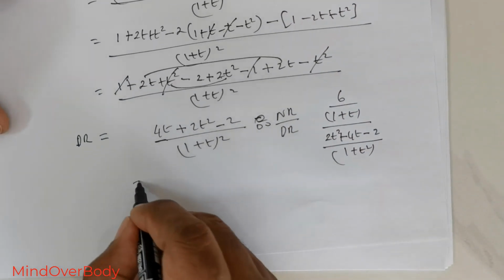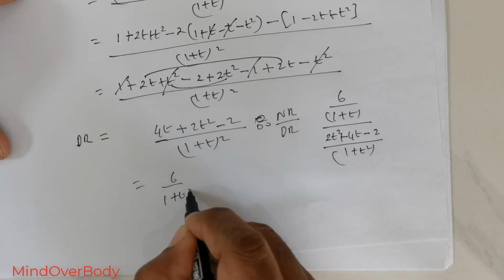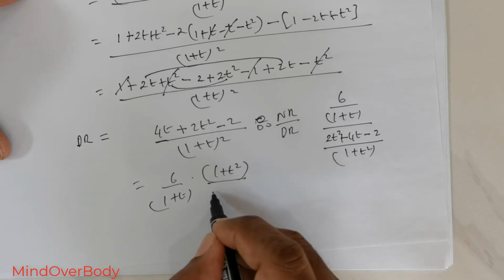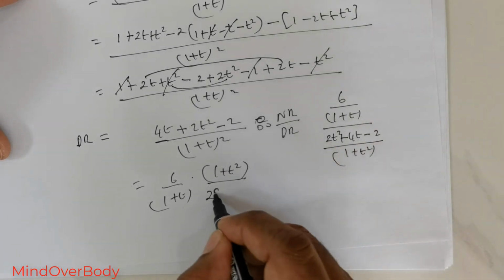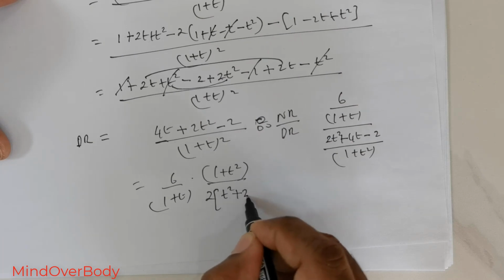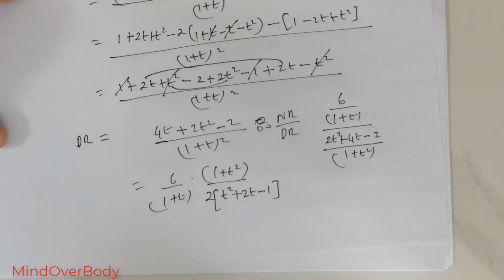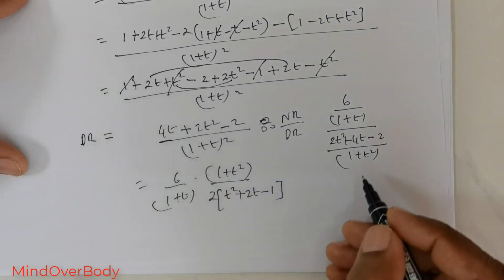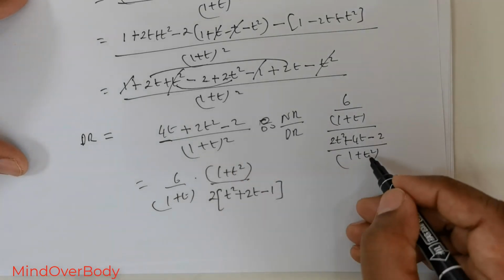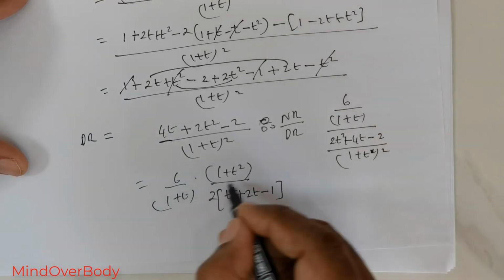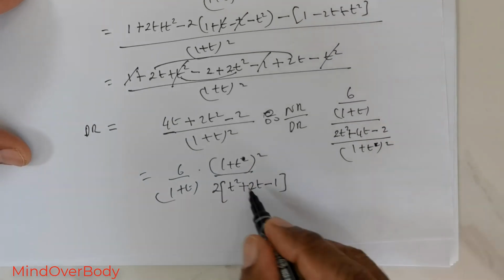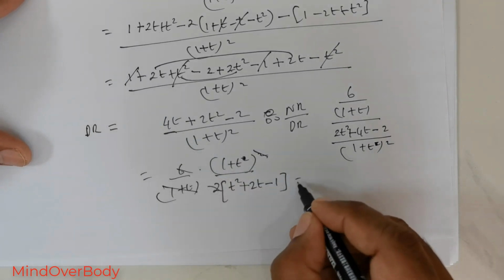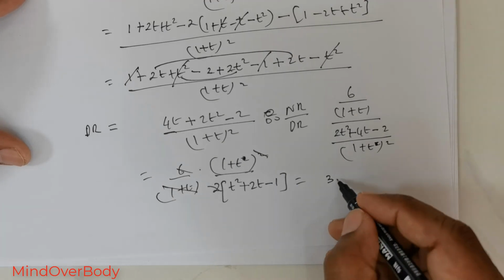Flip this, you get 6 over 1 + t times (1 + t)² divided by, I'm going to take 2 out, so that's going to be t² + 2t − 1. This is what I get. So this is actually (1 + t)² and 2 and 1 + t gets cancelled, 2 divides here 3 times, so I get 3 times (1 + t) divided by